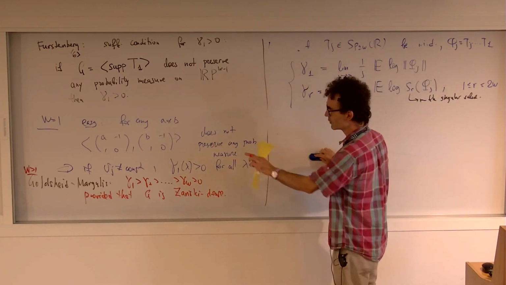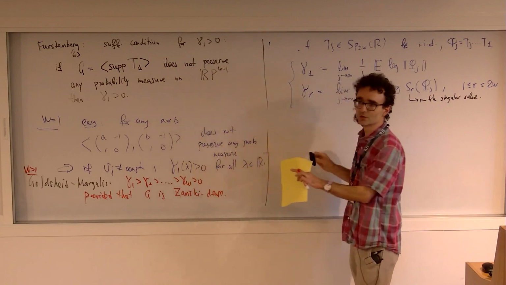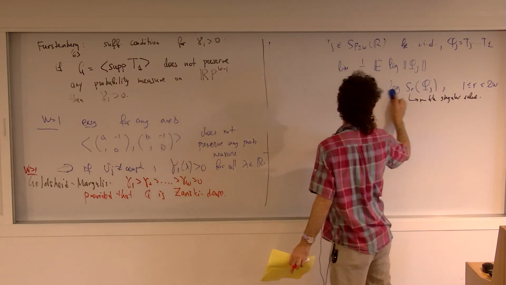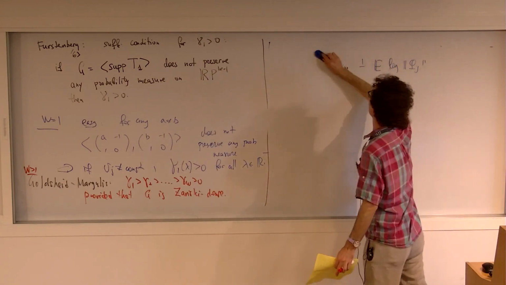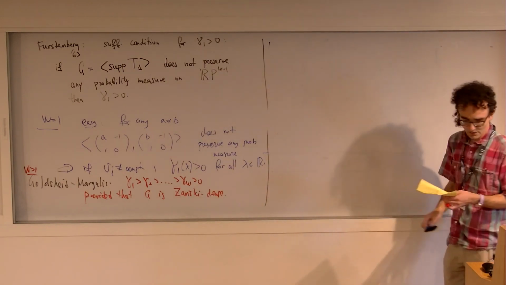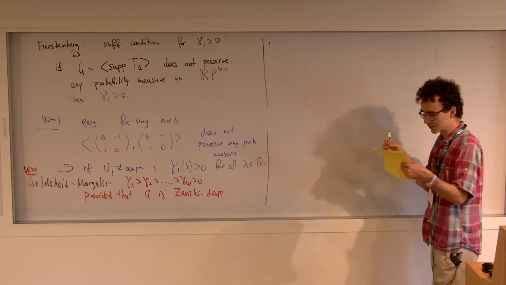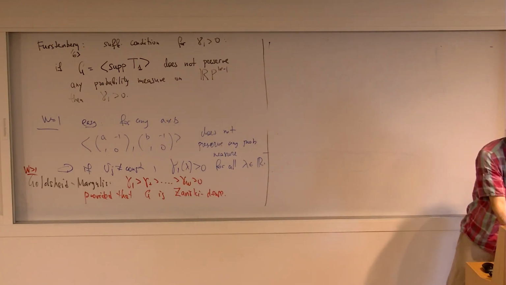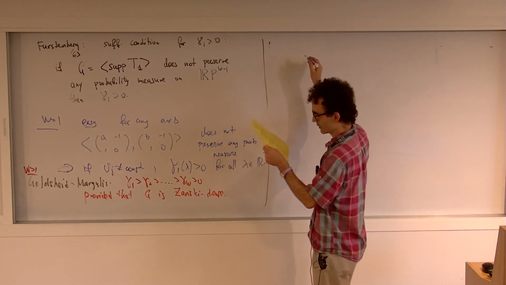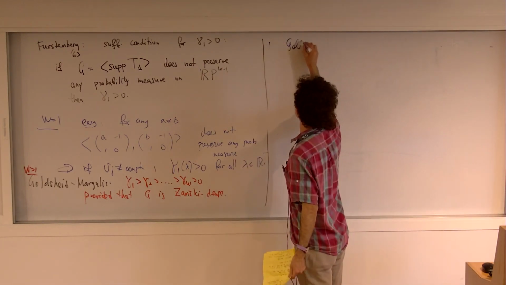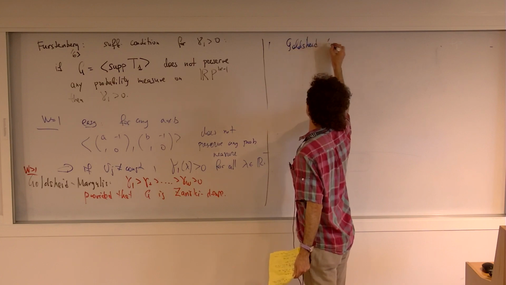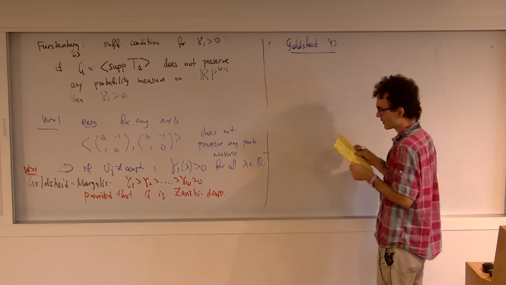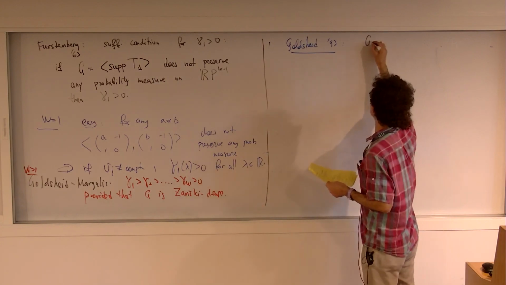Already Goldsheid and Margulis showed how to verify it in some cases, and later Goldsheid provided a criterion which contains almost all the models which I am aware of. Goldsheid, I think in 93,